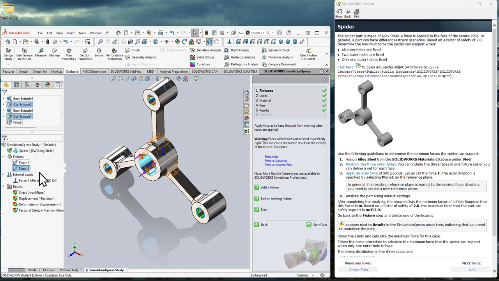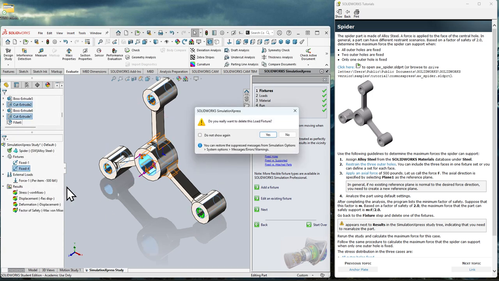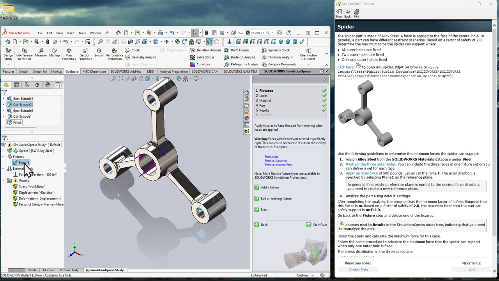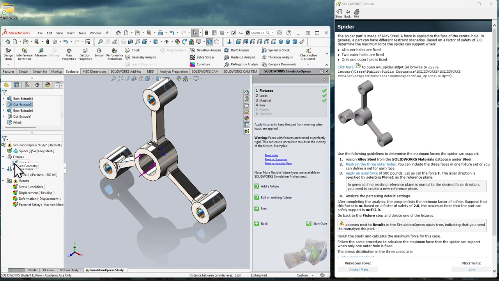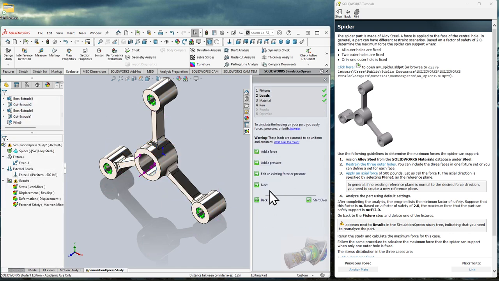Let's just cancel that one. Delete you altogether. We're just going to go back and edit this one. So I have one face. Let's delete it just to make sure. 1, 2, 3. Check. So I have my one fixture, my new force. It's in the other direction. Next, next, next,